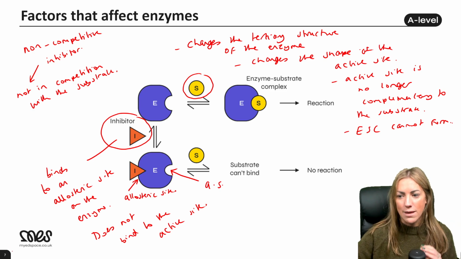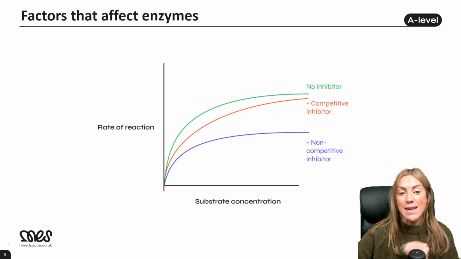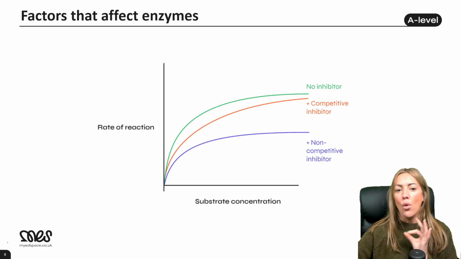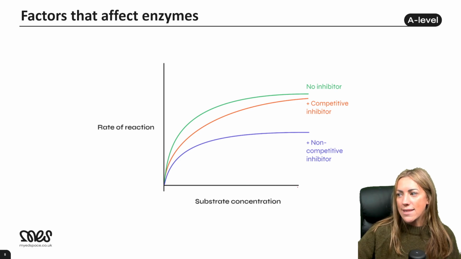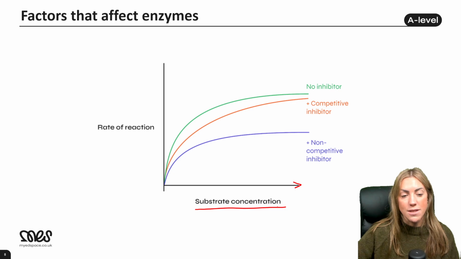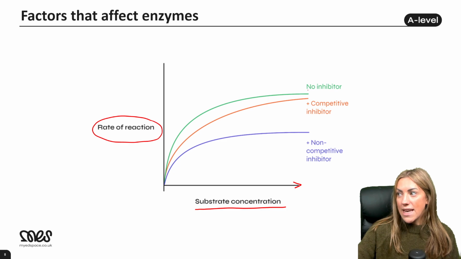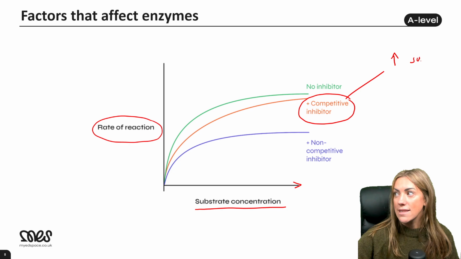So finally, and probably the most difficult thing to understand for this topic, is how do we find out experimentally which type of inhibitor we have? Well, the way to do it is to carry out the reaction at increasing substrate concentrations. Because if we increase the substrate concentration and measure the rate of reaction, we can determine which type of inhibitor we have. For example, if we have a competitive inhibitor, when we increase the substrate concentration, which we can see is happening on the x-axis,